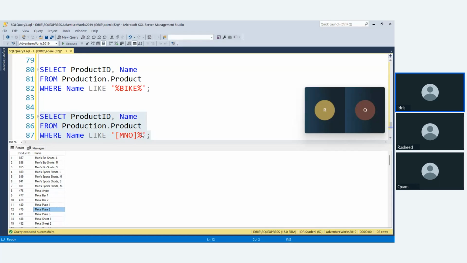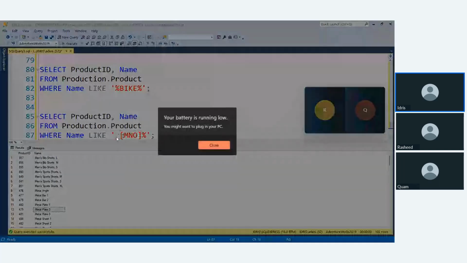Okay. So there is one last character in the wildcard pattern that I would like to show you, which is the underscore character. The underscore character matches any single character. So if I put the underscore before the square bracket, what this means,